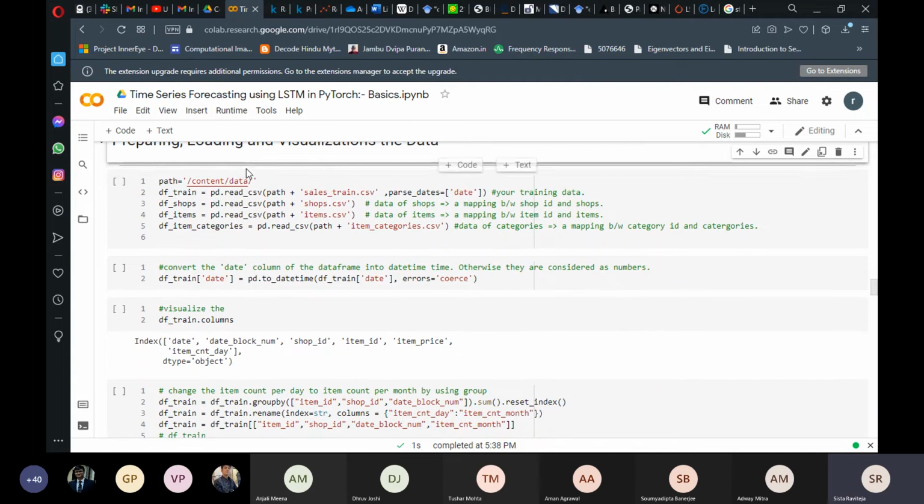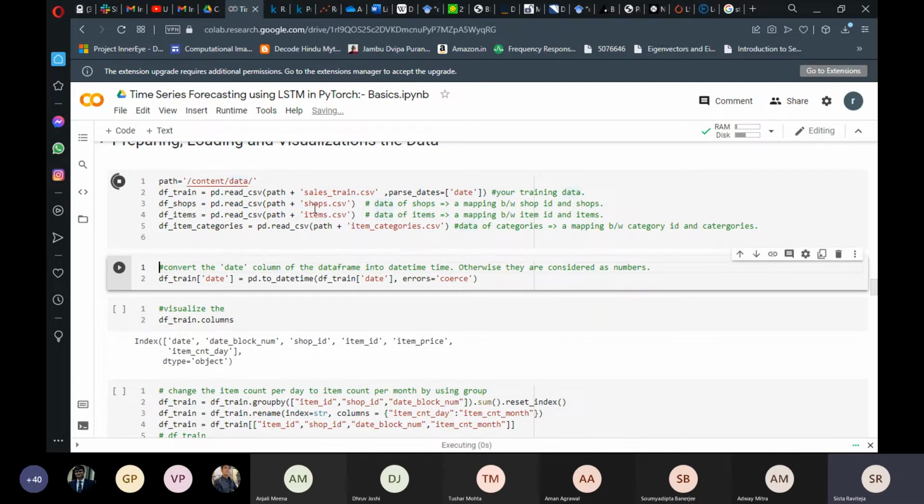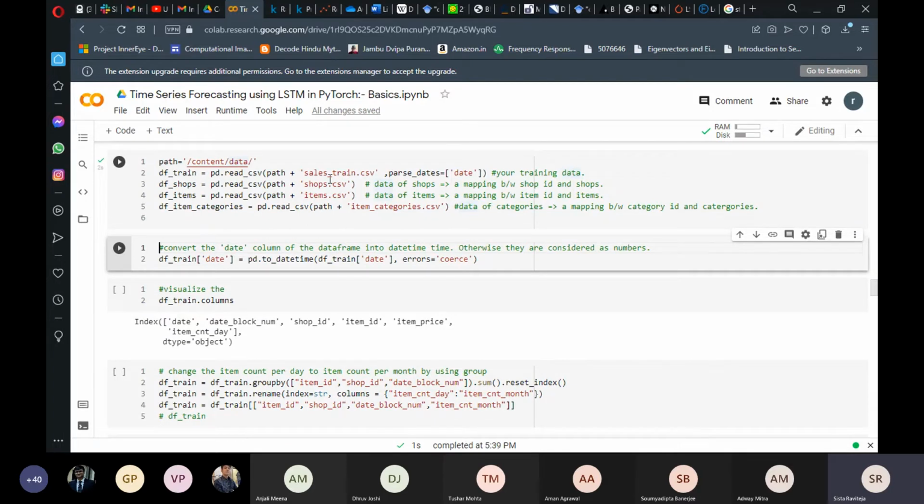Now, since I've decompressed things, here you can see there are multiple CSV files given to us. One is the sales data. Apart from that, there are 3 other files. This is one particular example where you have a large amount of data and how you can deal with it by creating new features. I'll not be touching upon how to create new features and other things, but I'll be showing you some necessary things that you have to do to deal with this particular data.